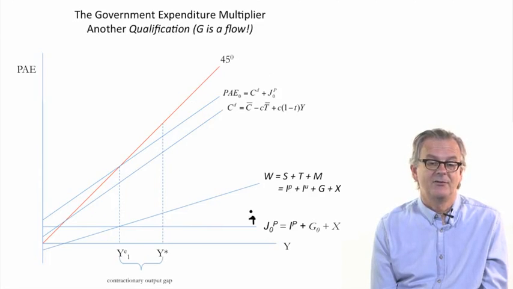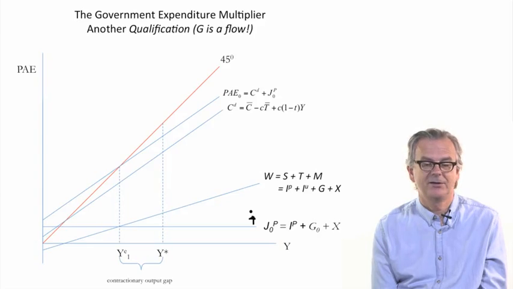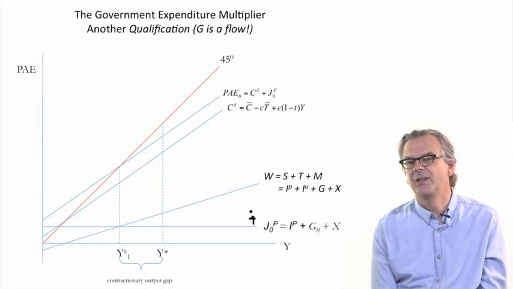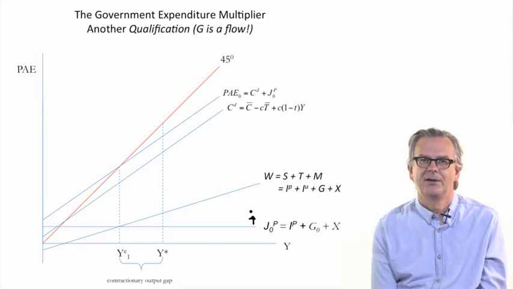So when we speak of using government expenditure as a mechanism or as an instrument to try to eliminate a contractionary output gap, even within the logic of the basic Keynesian model, that's true. But it's a flow, so it's only true over a certain period of time. If that increase in government expenditure is reversed and the underlying reasons for the contractionary gap are still there, you may end up going back into the contractionary gap and you perhaps haven't solved the problem at all.